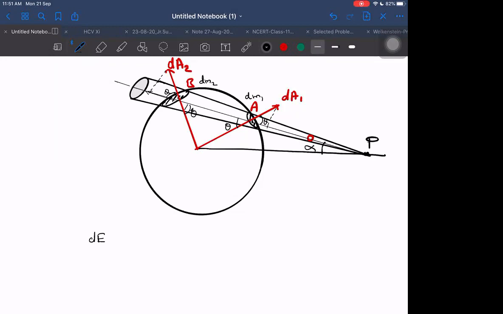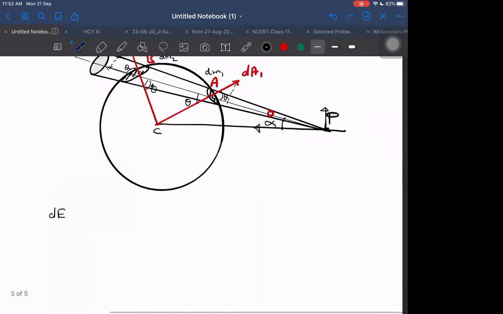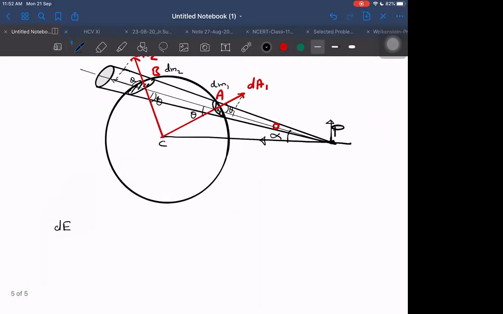The net field I want to find, but I want to take the component of the field finally along the direction of the center, because I want to find what the field is along the center. Or maybe I want to prove that the field along this direction, whatever it comes out to be, will be cancelled out by the field along a similar cone. Imagine I take a reflection of this downwards and I take a cone downwards.